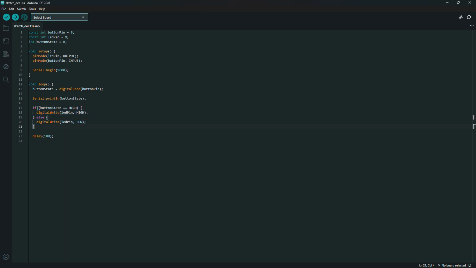So here, if button is equal to HIGH, it means that if the button is pressed, the LED will turn on. Else, the LED is off, and then we add a small delay.